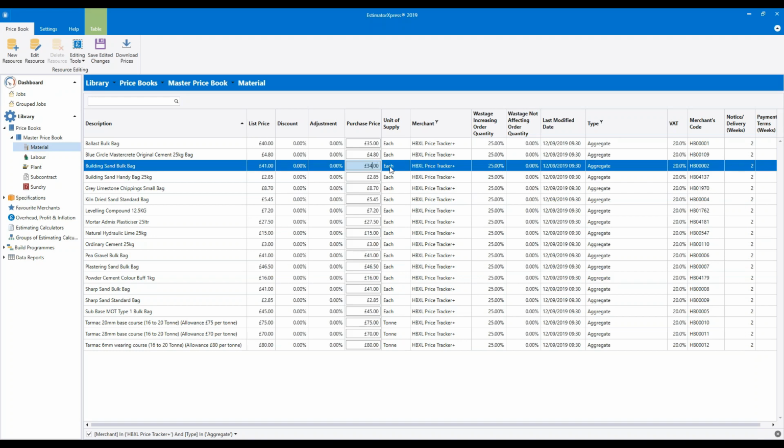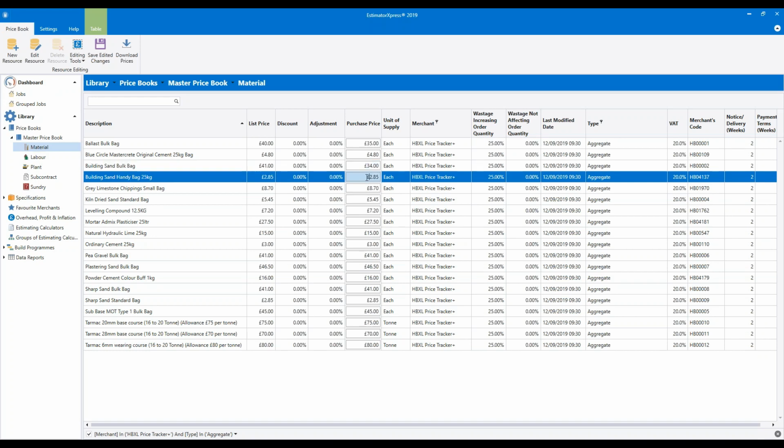Again, edit that to whatever you'd expect to pay. And then we'll find the building sand handy bag. Of course, you may need to take a trip to the merchant to confirm some of these prices, unless you know them all off the top of your head.